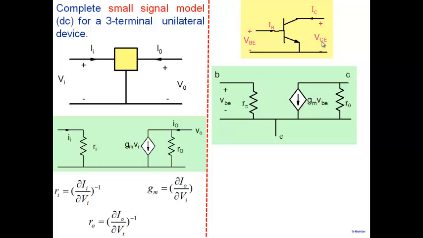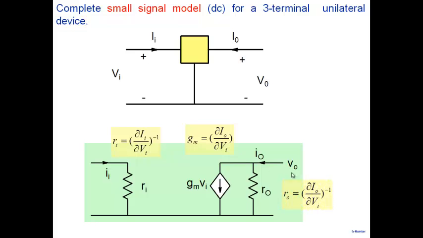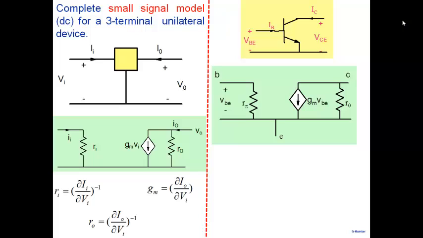R0 should be dV0. Yes, you're right. This should be okay. So that's an error here. Let's see. Yeah, this should be V0. Okay. Correct. And so, coming back to this bipolar transistor then, for this transistor, note that input is, so we